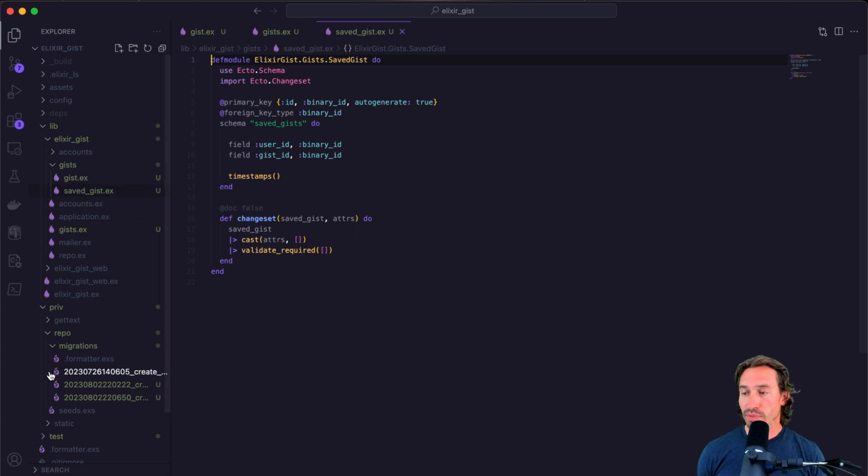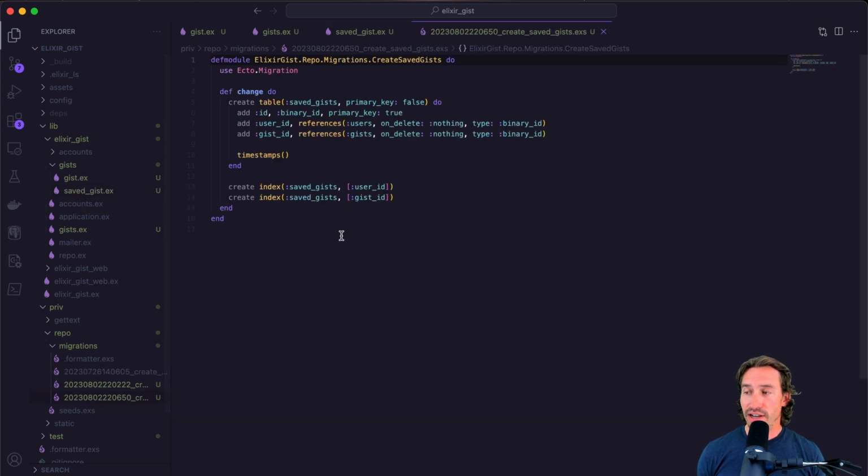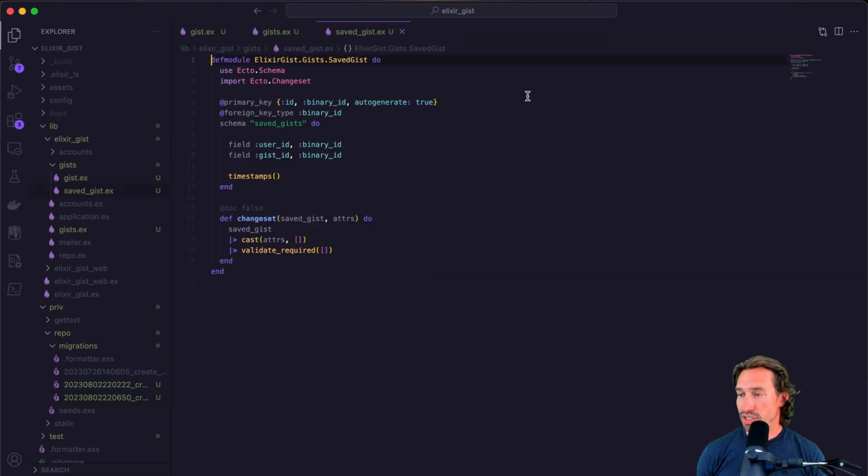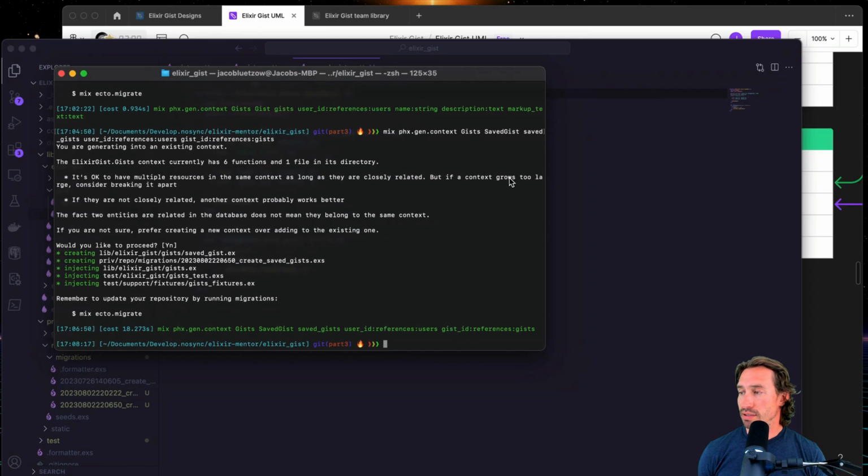I think it's awesome. And then if we go to our migration file, we're going to say delete all instead of nothing, like we just did. Delete all, and then save that and close that. And now let's pull up